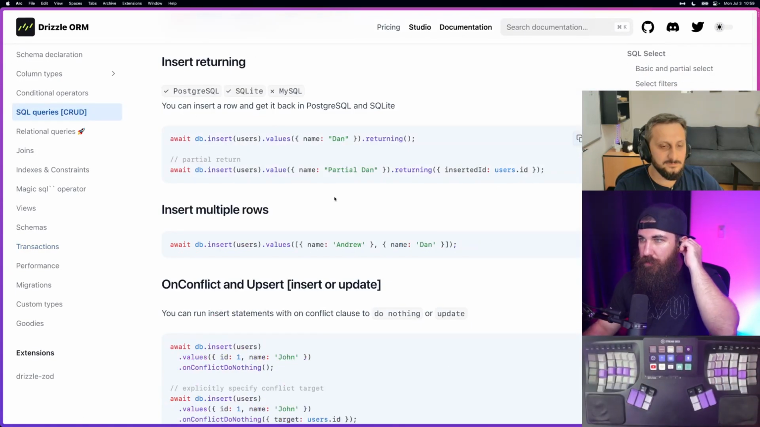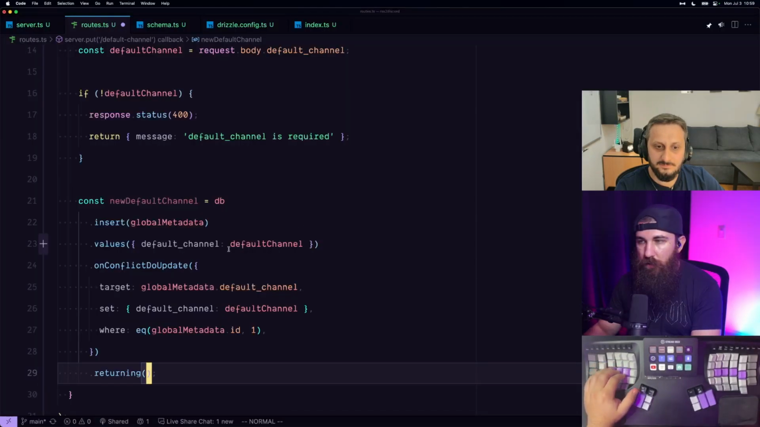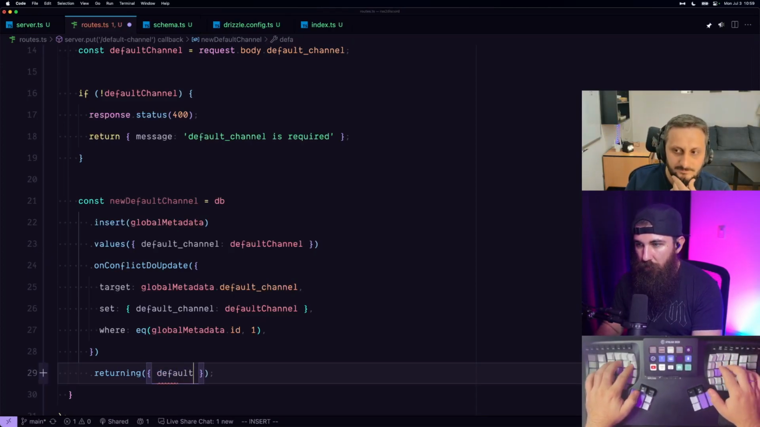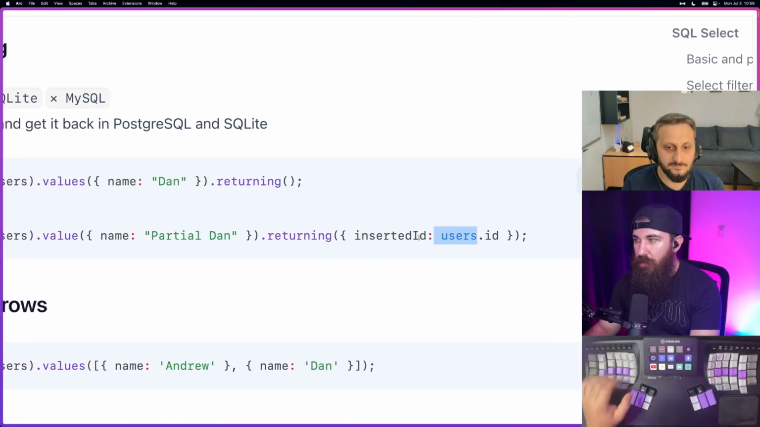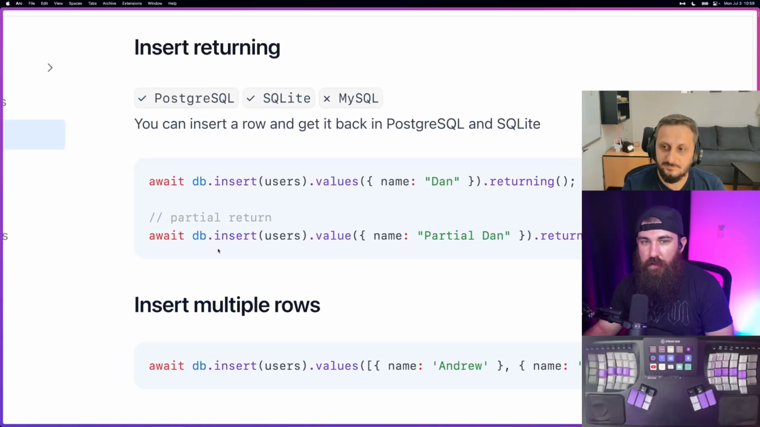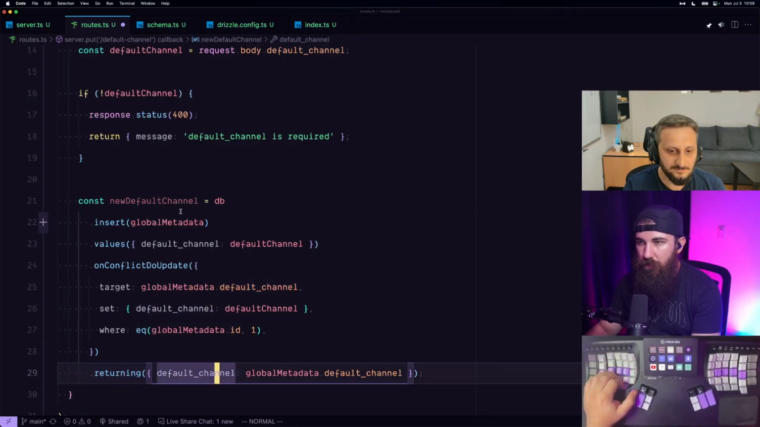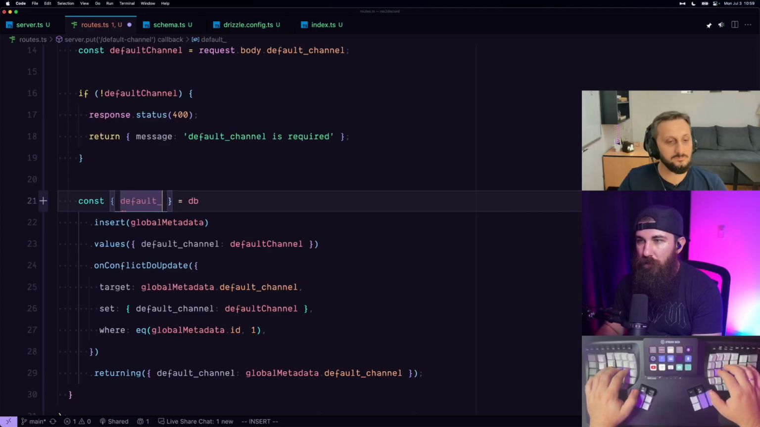Oh, there we go. Insert returning. Yeah, it's just returning an object of what you want to return. Cool. So that's default channel, which is going to be the global metadata dot default channel. Yeah, users in this case is the actual table. So that's how we can define this. So if this is the returning, then we need to destructure this. Yeah. So default, or just new default channel,